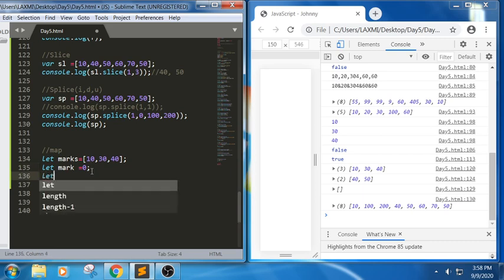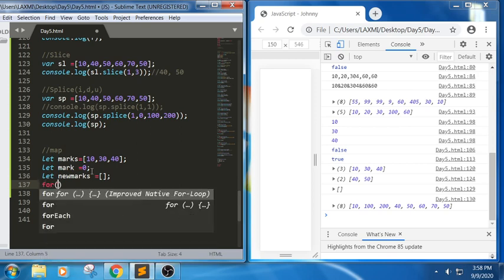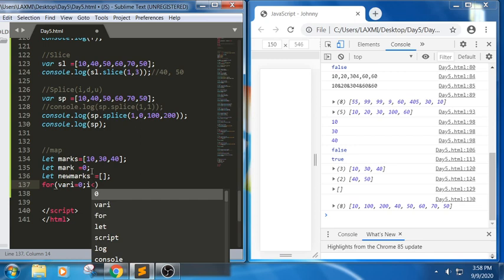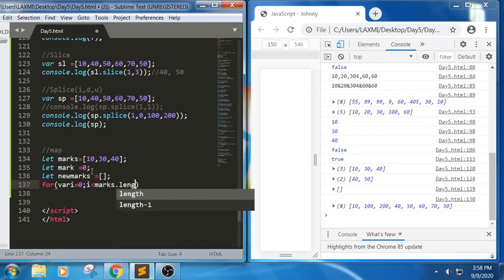Now I'm trying to create new marks equals some empty array. For this, I will create a for loop where i equals 0, and you know the condition, marks dot length, and i plus plus.